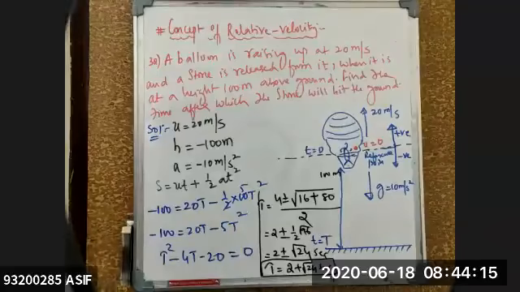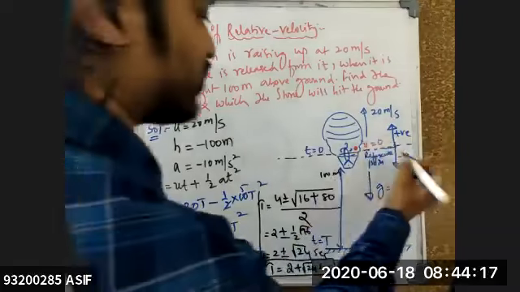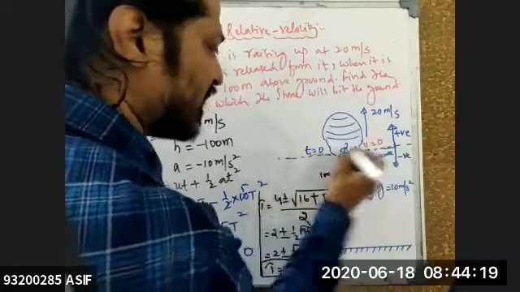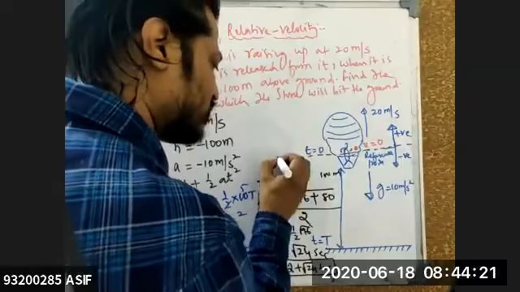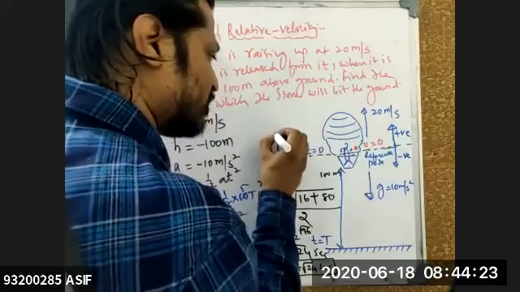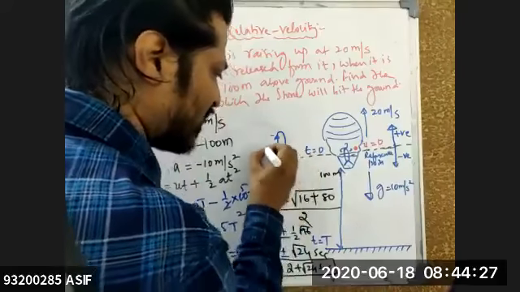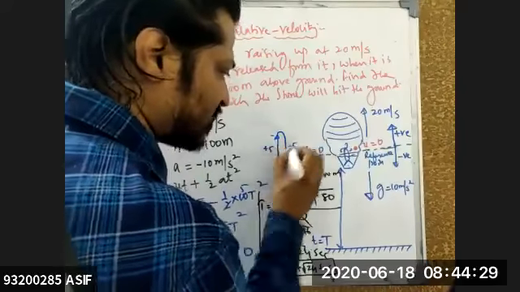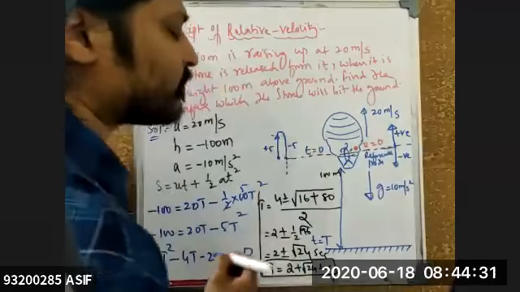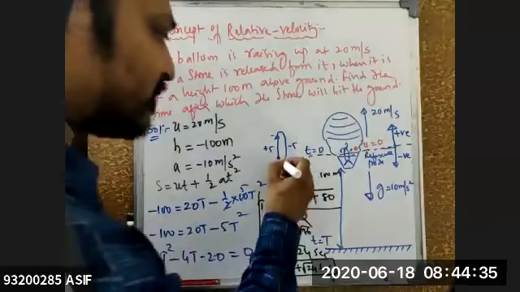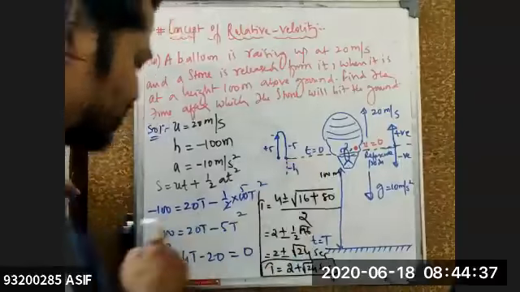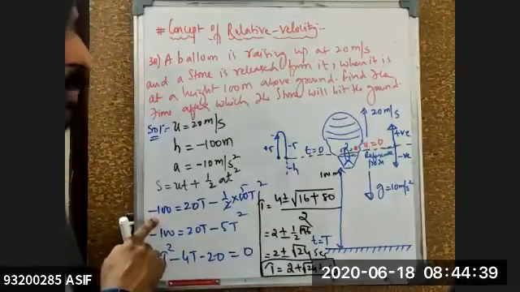Minus x. See, if you're not getting clarity, if the stone is thrown here, the stone will go in the direction of the balloon for an interval of time. It will come to rest, come back to the same position, and from here again it is falling. If this is plus 5, this will become minus 5. So what is the total displacement? 0. That is the reason the total displacement here is 0. And here the below reference is how much for me? Minus of h. So this one is minus of h.